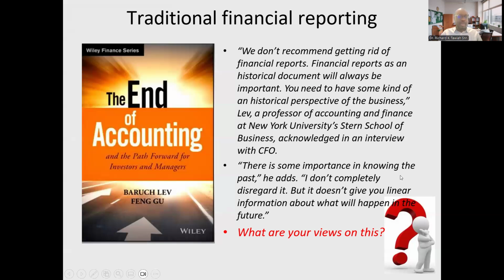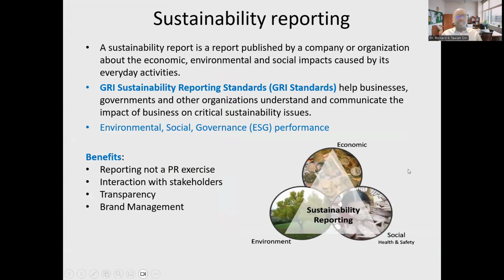You can brainstorm and think about this, like I have said. Sustainability reporting is a report the organizations publish. It covers economic, social, and environmental. In fact, sustainability reporting is more like an intersection. Have you seen the diagram here? So the economic stands on its own, give and take. Environment stands on its own. Social and governance stands on its own. And sustainability reporting is an intersection of these three. It cuts across everything.